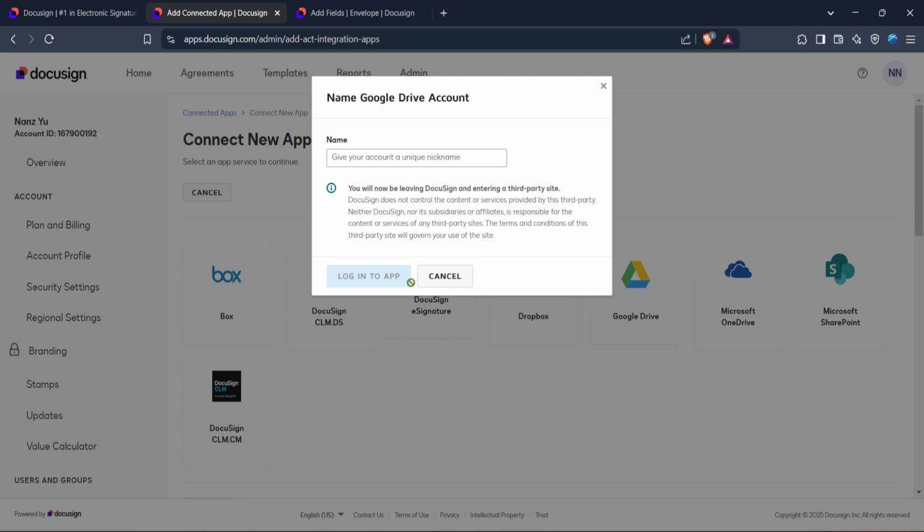By choosing Google Drive, you'll be enabling DocuSign to directly deposit completed documents into a designated folder you've set up in your Google Drive account. And just like that, you've successfully configured DocuSign to create a Google Drive folder for each completed document. This setup not only keeps your files organized, but also saves you valuable time, allowing you to focus on other essential tasks. Remember to verify the connection between DocuSign and Google Drive by accessing your Google Drive to see if the sample documents are appearing correctly.